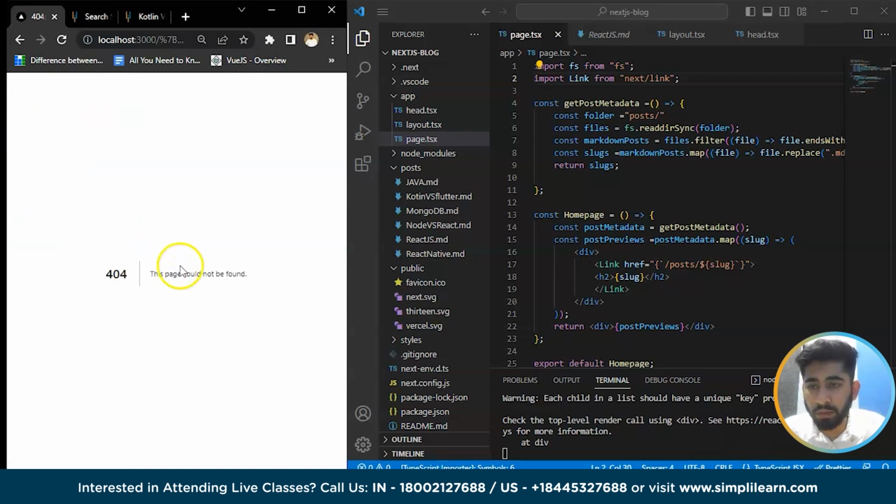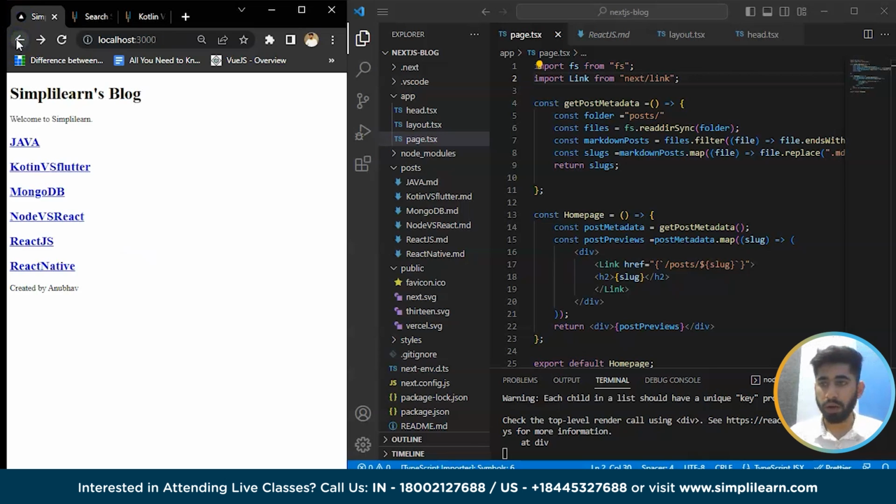So if I open any of the links, it shows me this page could not be found. This is because, let me first see, okay, the URL is fine because it's going inside the post, and it's taking the right URL. It can't fetch the